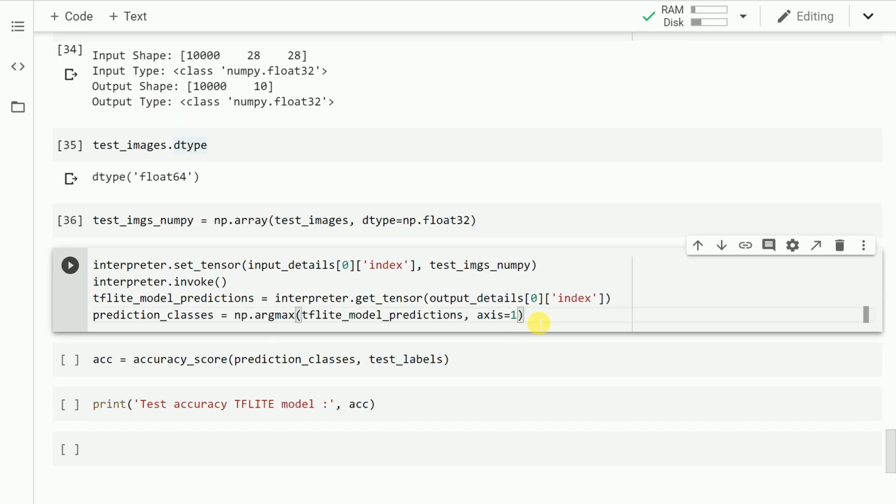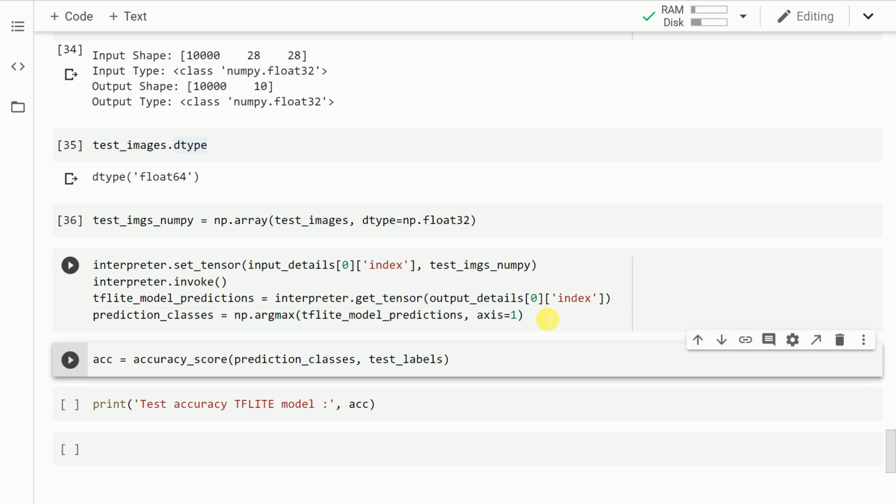Now is the time to set the tensor to this array that I created and get the predictions. So let me run the cell. My prediction_classes variable will have all the prediction values from the testing dataset. The only thing that is remaining now is to validate how good our model is performing with respect to accuracy.